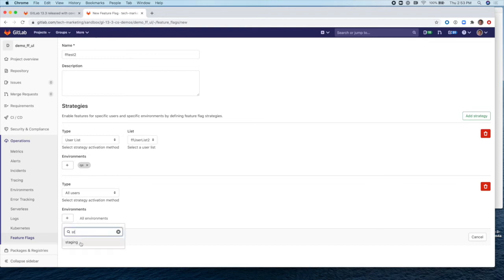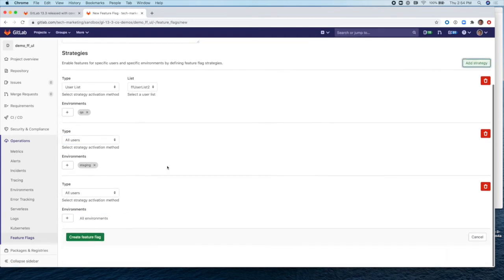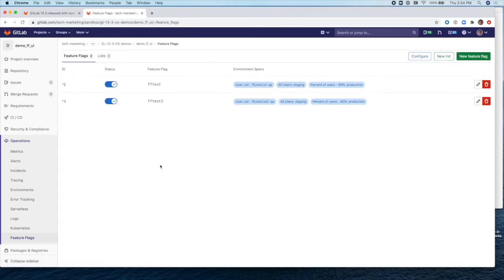Staging. And for this strategy, we'll do it for all users. So let's just leave it like that. And then one more strategy for production. And for this one, we can do a percent of users, and we can do 80%. And then we create the feature flag. Good. So now we have FF test 2, and to be able to use it within your application,